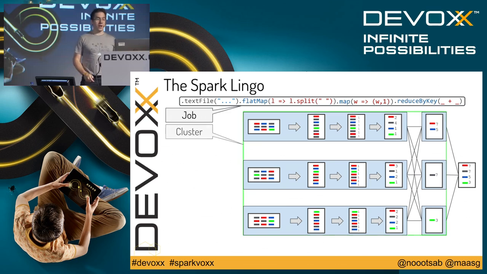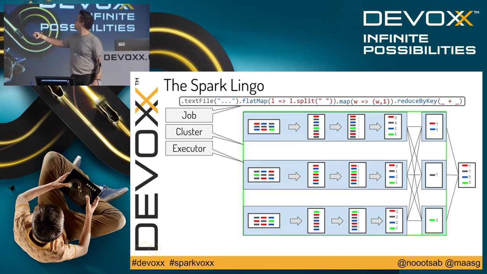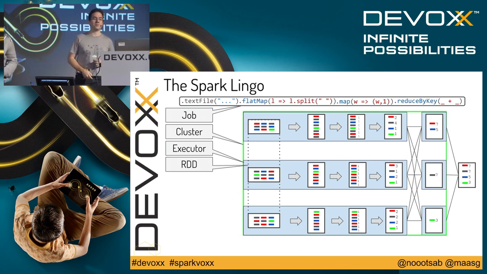And then we have a cluster. A cluster is just a set of machines. It's the thing you pay for, either locally or on Amazon or on Google. Somewhere you will have CPUs running that are all together. They all have an installation of Spark, or you will be using a resource manager. We won't go into that kind of detail today. You have an executor. An executor is just one of those elements, just one piece. So the executor is a worker that takes your job and executes the job. Executor is a very simple name to remember.